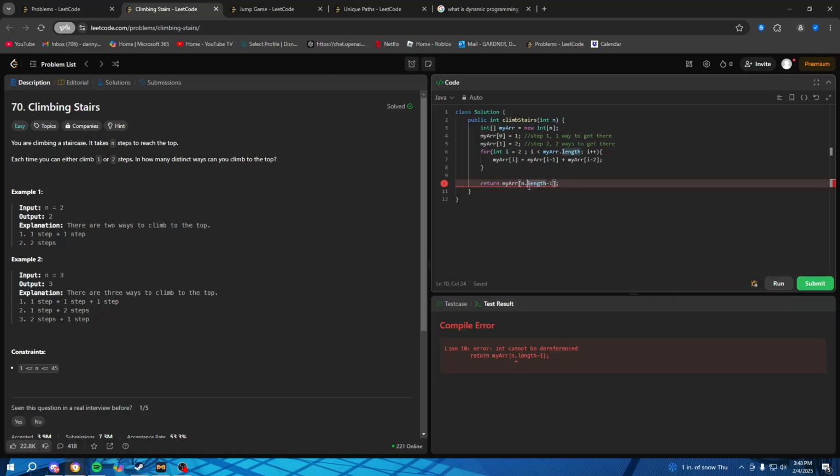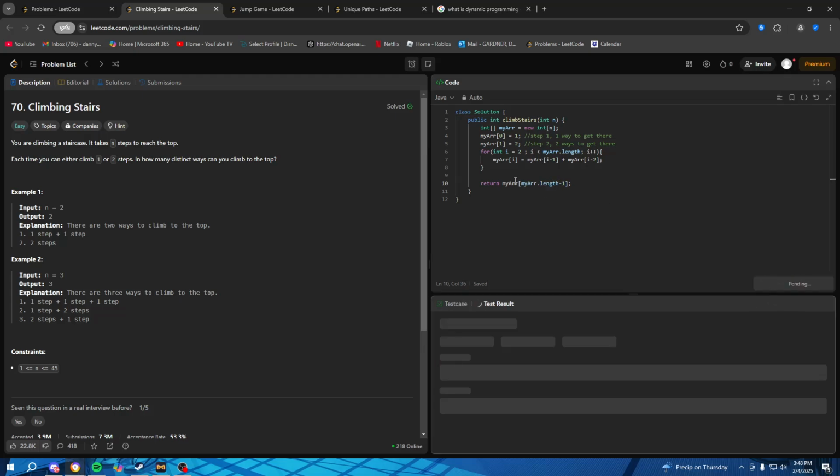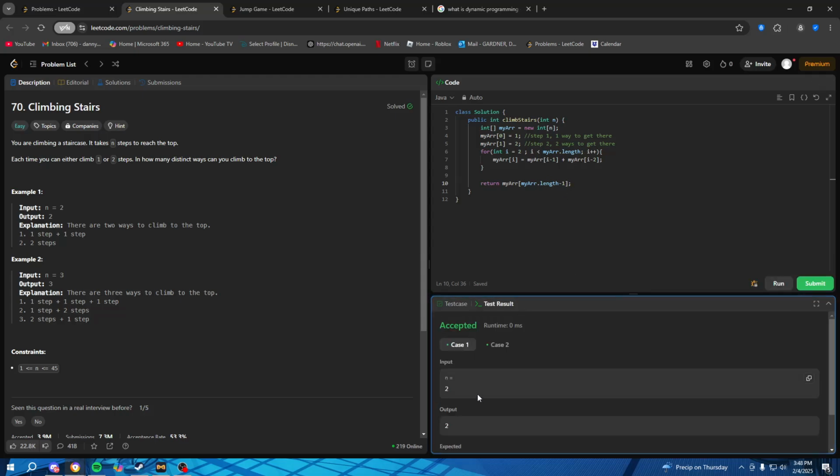Oh. So actually, n.length minus 1 doesn't work. That's because n is not a length, n is an int. So we could do n minus 1, or more appropriately, and what will be more universal, we do myArray.length minus 1, that's the last index of the array. That's something you know from CSA. And we've accepted. And once we submit,